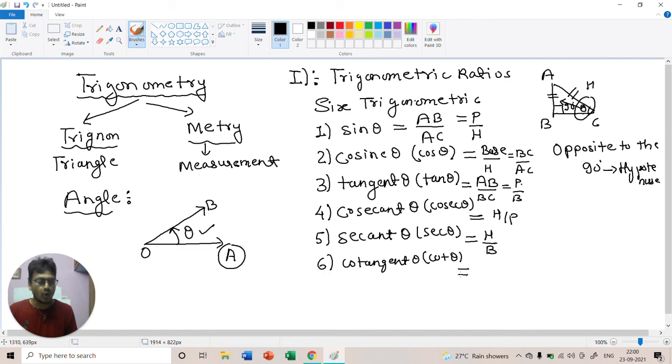Now what about cot theta? Cot theta is the reciprocal of tangent theta, meaning tan theta. So tan theta is perpendicular upon base, so cot theta is base upon perpendicular. Overall conclusion is that remember P, B, P, H, H, B. This is nothing but, here, like S, C, T. So sin theta is perpendicular upon hypotenuse, cos theta is base upon hypotenuse, tan theta